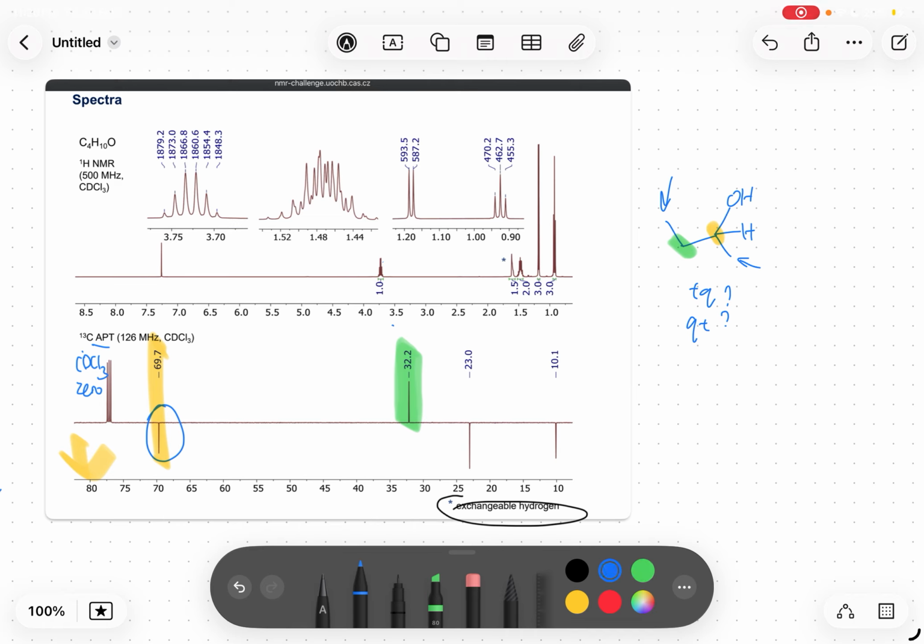And if we assign the other two, we know that this carbon here is closer to the oxygen, so it is probably more highly shifted, so it should probably correspond to this peak, while the last one, this carbon, should probably correspond to this peak. And so we have fully assigned the spectrum, and I hope that's helpful,